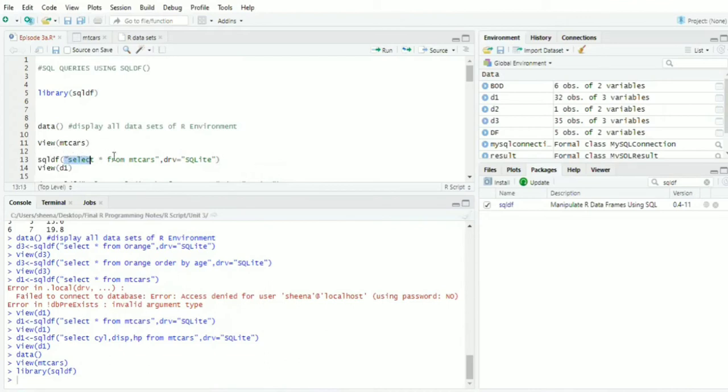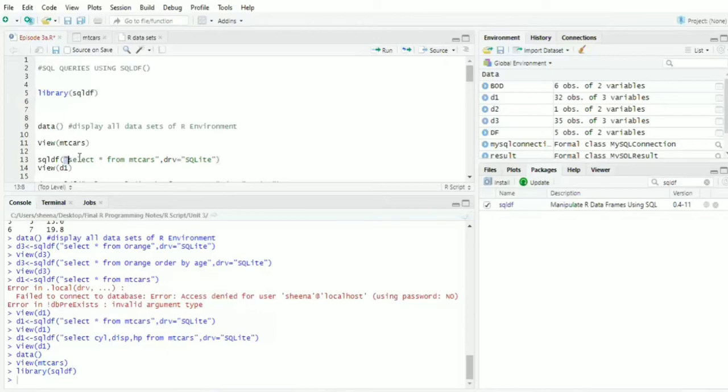First you will be writing the SQL query. If you want to see all the columns of the table, you will write star, so the clauses select and from will remain: select star from the table name. In place of the table name, I will be using the data frame name mtcars.